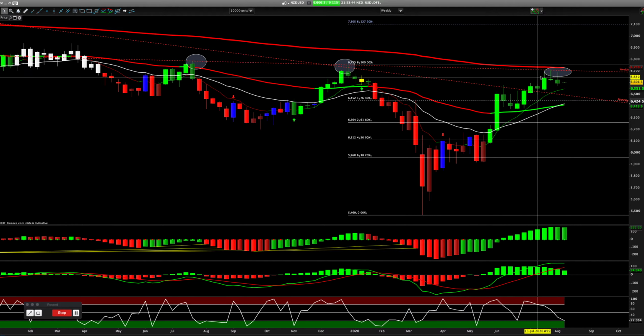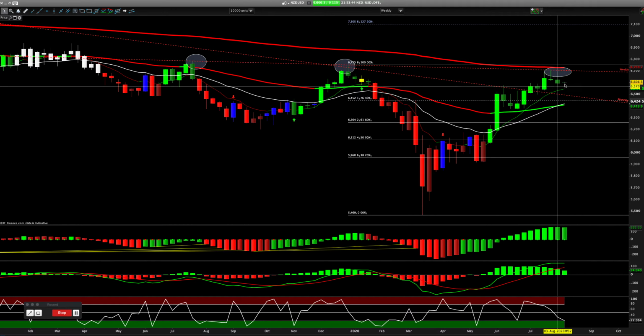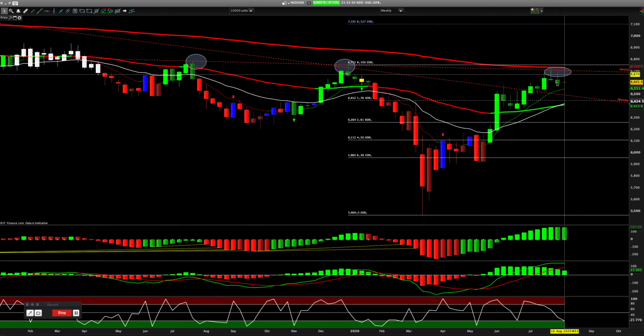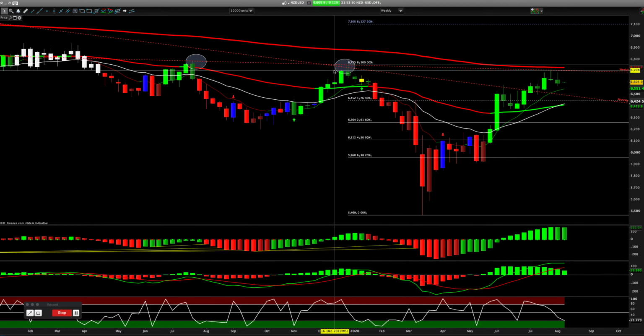And you've had a nice move up, and everything started to flatten out, and we're now starting to see the first bearish candle from last week. So I'm very much interested in shorting the New Zealand dollar, US dollar,